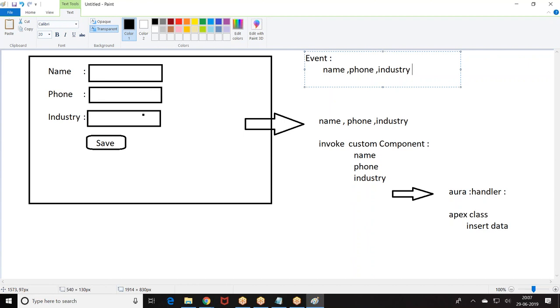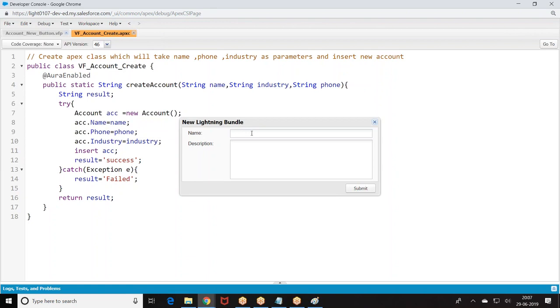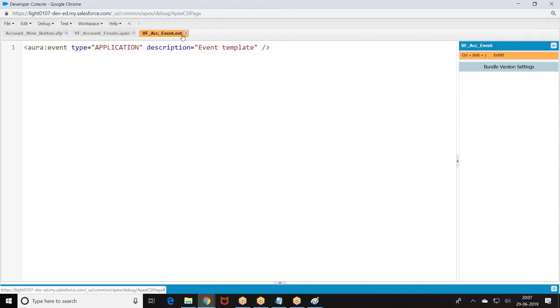First, create an event, which will take three parameters, three attributes, and pass.